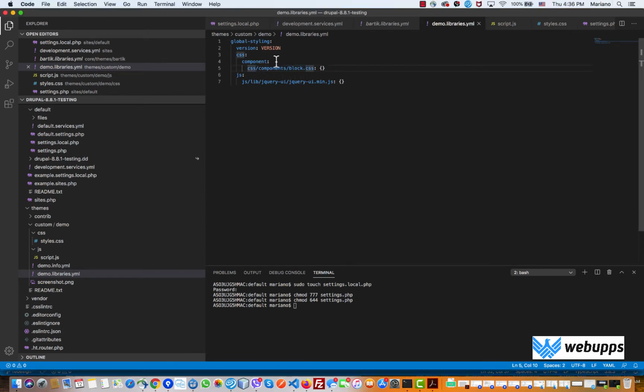We don't need this component right here. Keep it simple. Okay. We can just have something like this. Styles.css. And then this is script.js. Script.js. Okay. Blank JavaScript. And now when you have those in your info,